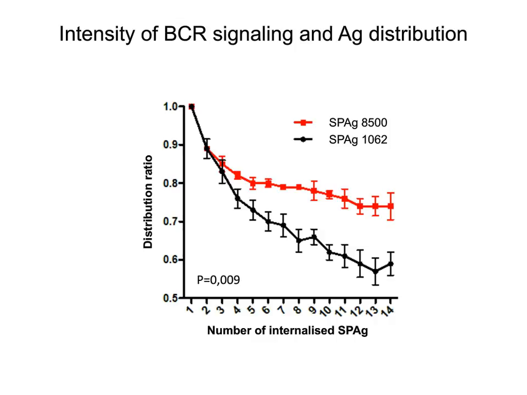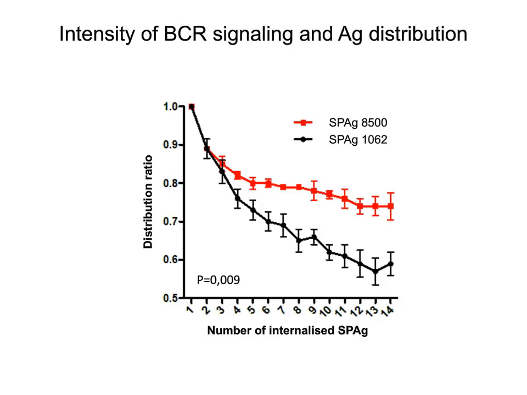One is in red. These SPAG have 8,500 molecules of anti-kappa, so they deliver a strong BCR signaling. And the other SPAG are delivering a low BCR signaling because they have only 1,000 molecules of anti-kappa on the surface. So we have compared the antigen distribution index that I've presented to you before for B cells that have internalized the same number of beads, going from 1 up to 14,